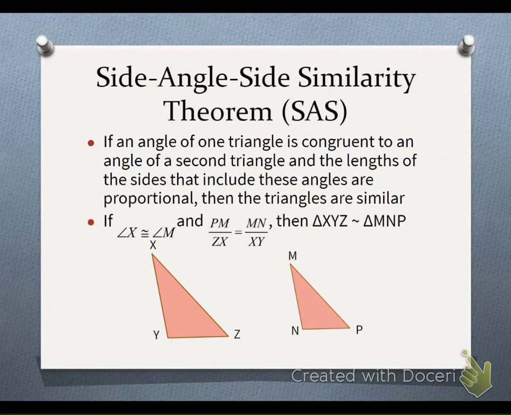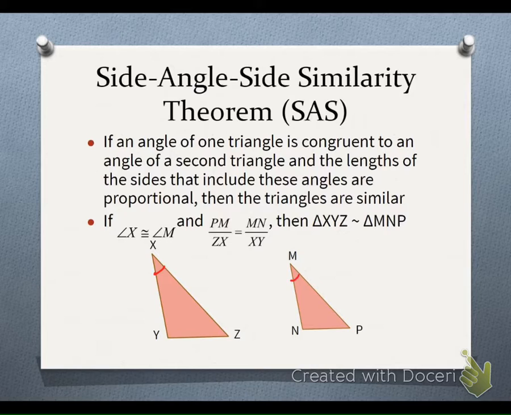So you have the side angle side similarity theorem. If you have an angle in one triangle that is congruent to an angle in a second triangle, and the lengths of the sides that include the angle are proportional, then the triangles are similar. So if we were going to do an example with what they have here, that would be these angles,